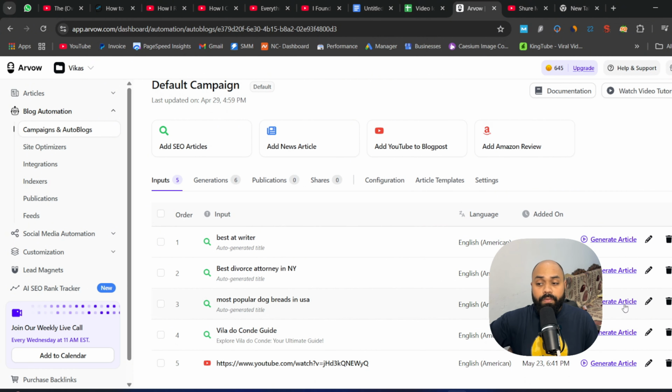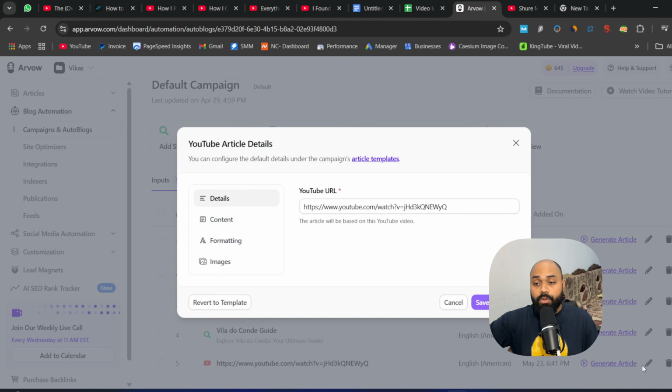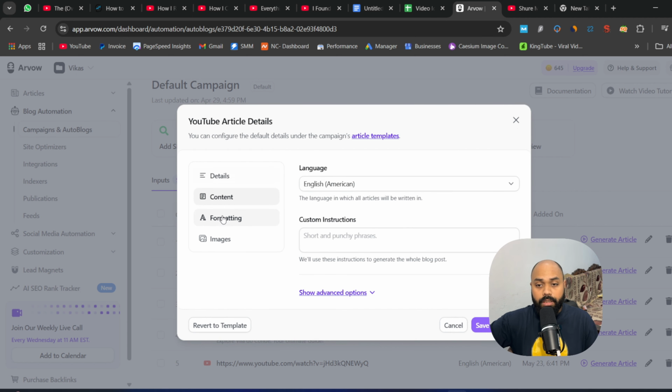Then Arvow will ask you two options, whether you want to generate the article in just one click or you want to enhance the quality of the article. For doing that, for example, if you want to translate it into another language, you can change the language from here. You can provide custom instructions as well. Say, for example, you can include your brand name or any specific information that you want in your